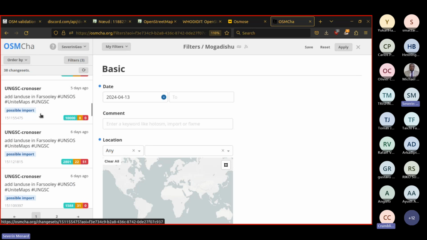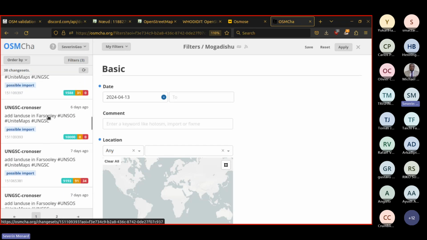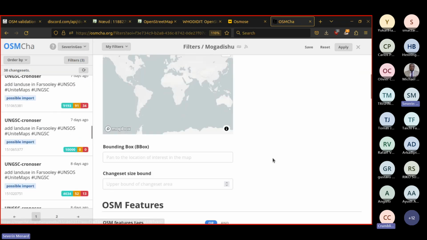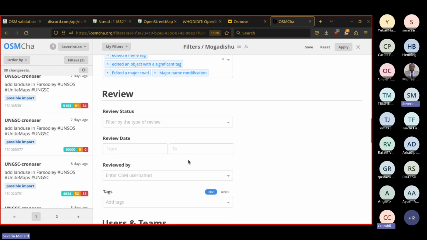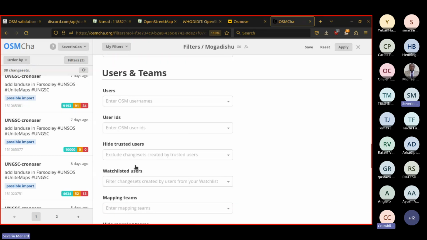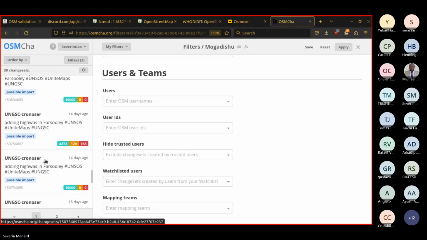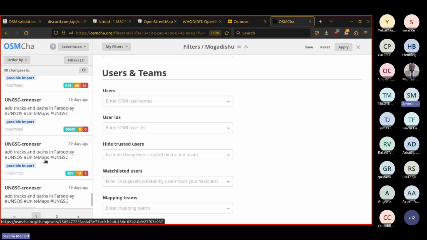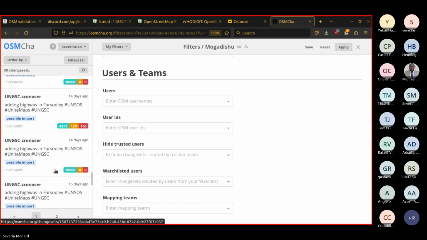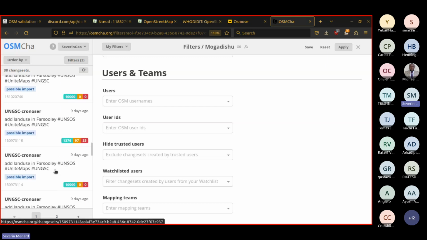So supposedly, I would put them in my trusted user list, and I would also hide my trusted users so they would not appear. So yes. Nothing regarding this area.